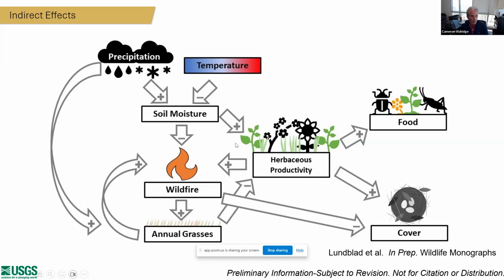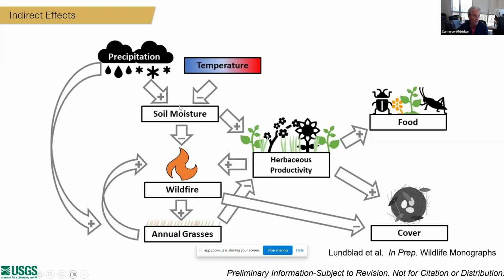If you're looking over here towards the herbaceous production, which is key, I mentioned this for ptarmigan, for food resources for sage grouse chicks, as well as the insects that are provided by those. That can also result in reductions in concealment cover that allows birds to hide, escape predators, and protect nests, and probably also some thermal issues with nest sites.